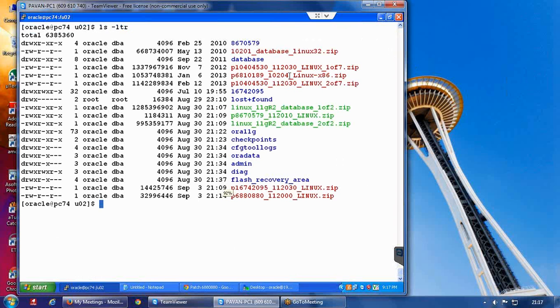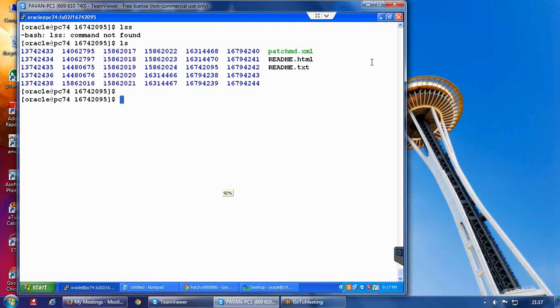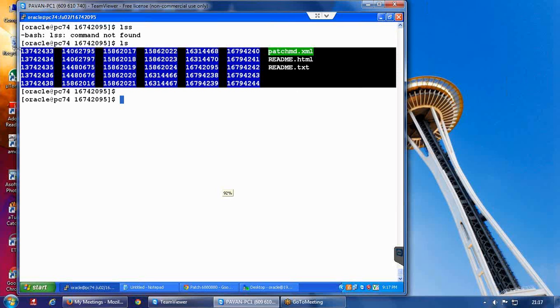So when you unzip it, you will get a directory with the patch number, and now you need to go to that patch directory. If you say ls, you can see so many patches are there. That is what I said, CPU means a group of patches. So if you are applying the CPU July 2013, it means that indirectly you are applying all these patches